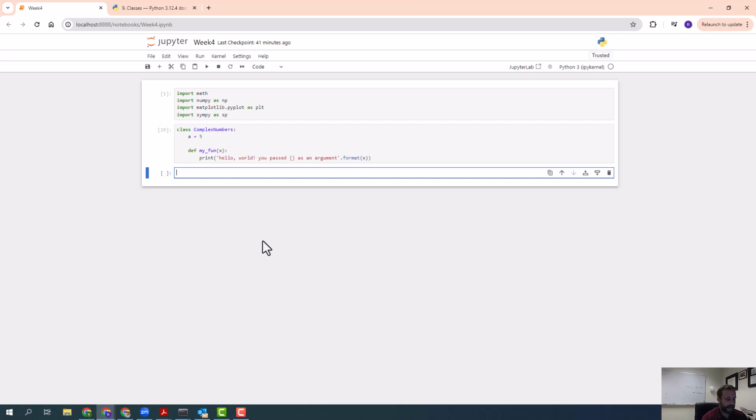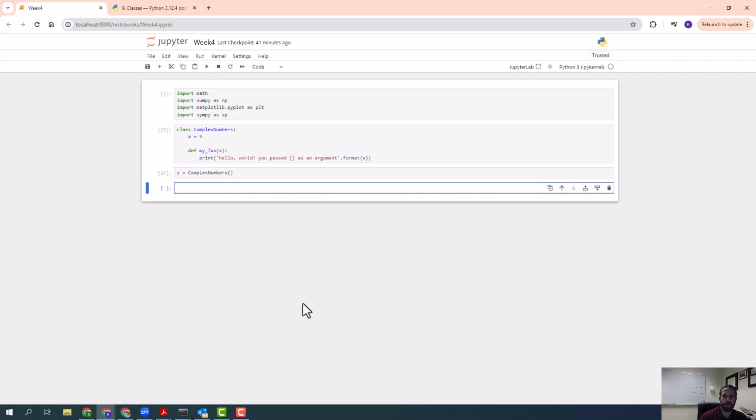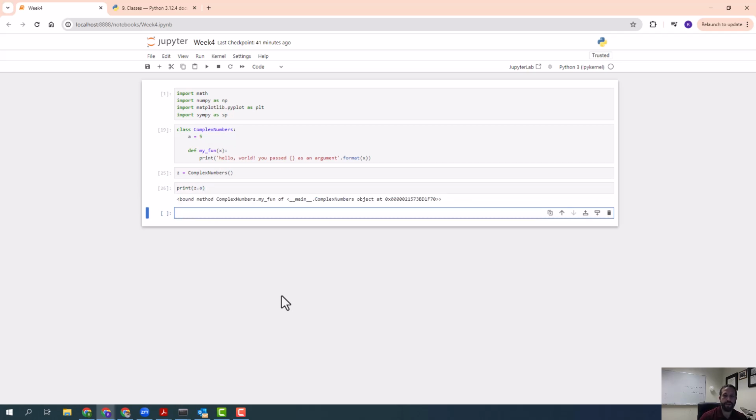So I'm going to call my complex number z, and I'm going to say it's equal to complex numbers with a parentheses there. So now what this means is that z is now going to be a specific instance of the class of complex numbers. When I run this, nothing is going to happen. Okay, but being that it is a member of the class of complex numbers, I can do things like print z.a, and when I run this, oh,